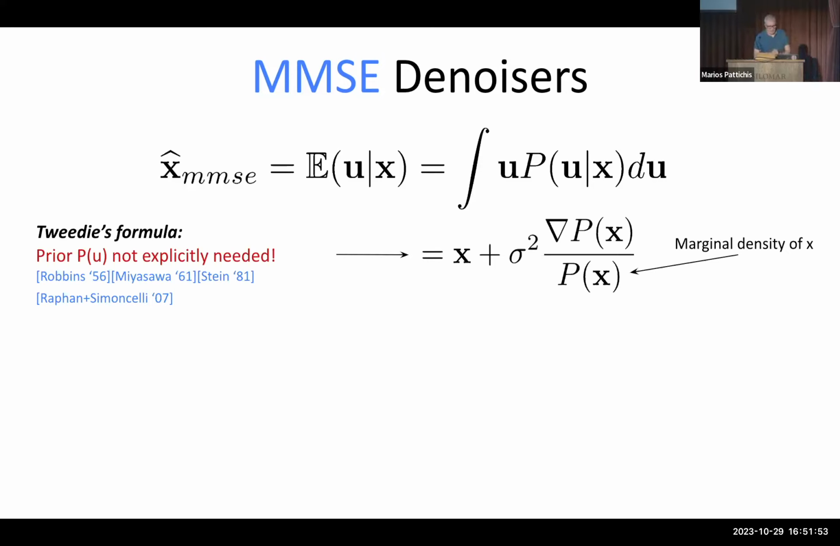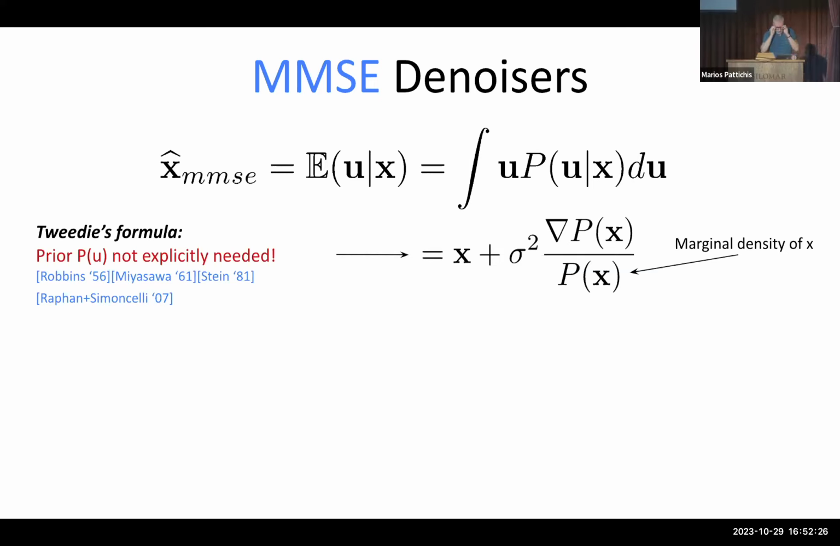Tweedie's formula. As you would look at the integral, you would imagine, okay, I need access to P of u given x in order to compute that integral. Tweedie's formula says, no, you don't really need P of u explicitly at all. What you need is you can simply get away with knowing P of x. Okay, so you don't need the prior, you just need the blurred version of the prior, which is P of x. And the way it works out, that right-hand side is equal to x plus sigma squared gradient of P